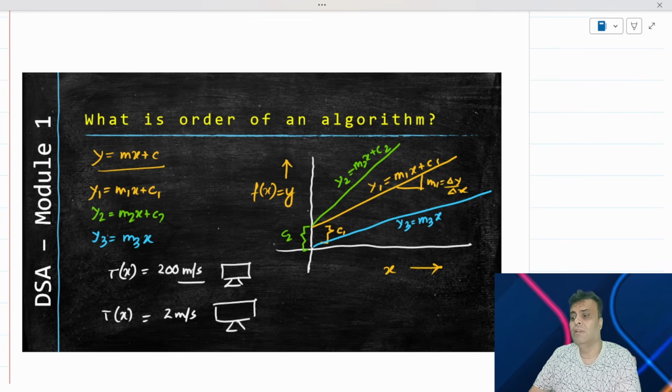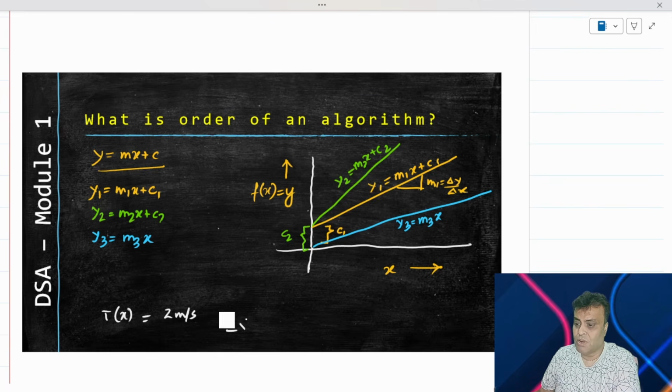So I have to tell with respect to time that my algorithm is good, but not by taking the absolute magnitude of time taken. And hence I will use the asymptotic notations, which is basically saying that it takes an order of such and such value rather than saying the exact value. So we will say it takes an order of that particular value. We will come to that as we go forward. So for now, what I am trying to hint at is that the time taken by this algorithm is typically going to be expressed as an order of several factors, right?